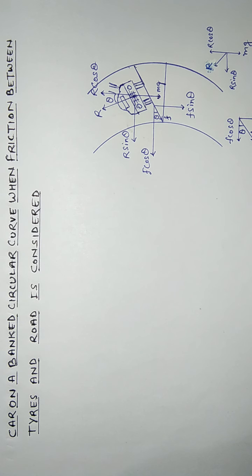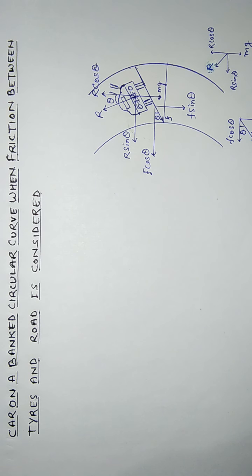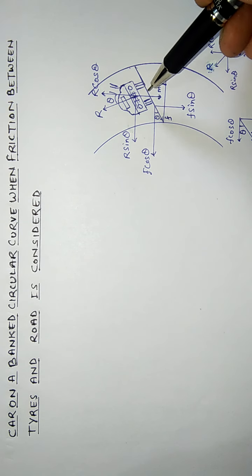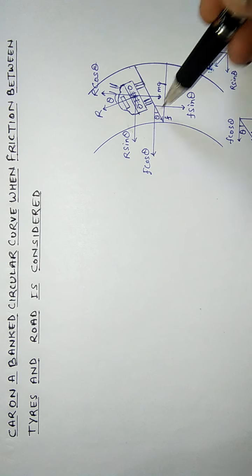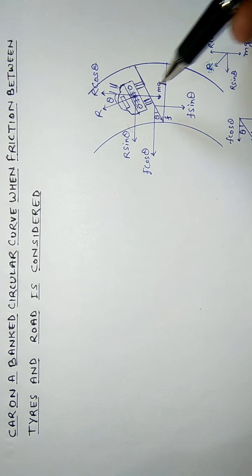Good morning, students. Today I will discuss the motion of a car on a banked circular road when friction between tire and road is considered. Here, look at this diagram. Let there be a car having mass m moving on a banked circular road having radius r and velocity v. Then various forces acting on this car are: